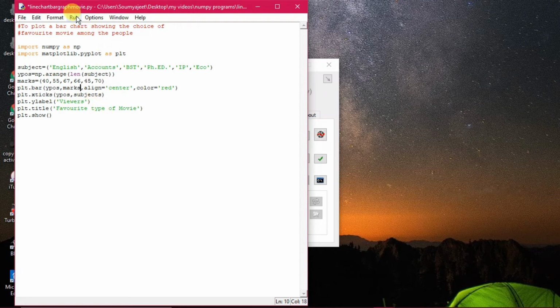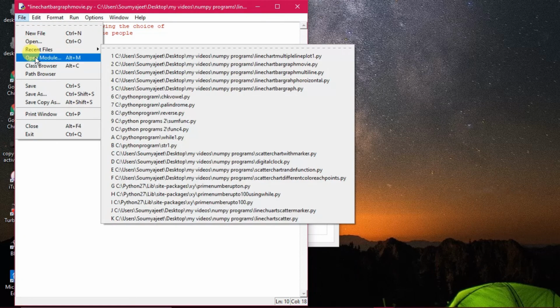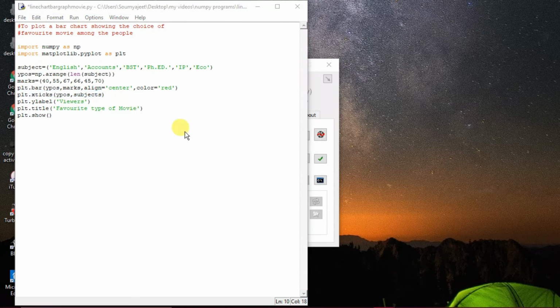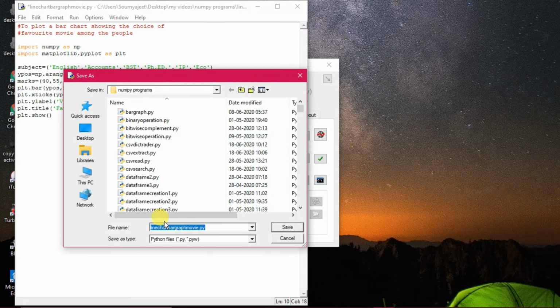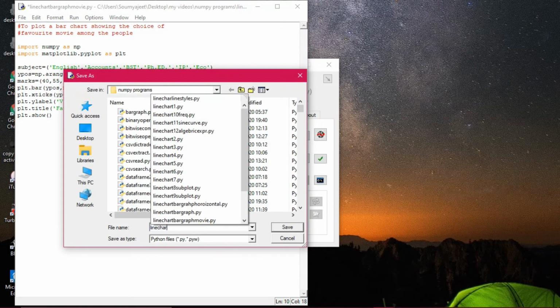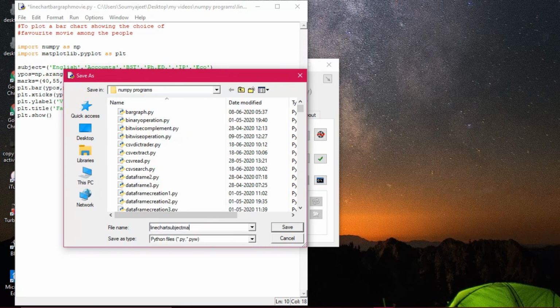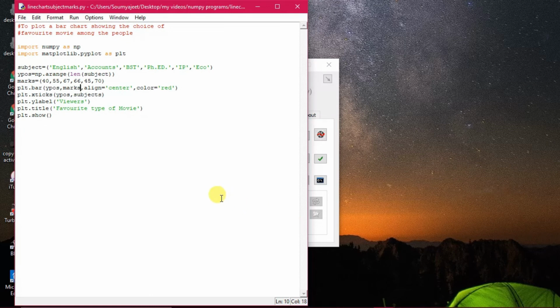Now we'll execute the program. I'll save it under a different name. You see the practical steps I'm showing you, how to change. So I'm giving the name line chart subject marks. Now I'm saving this program and I will execute it. Let's see how it appears.